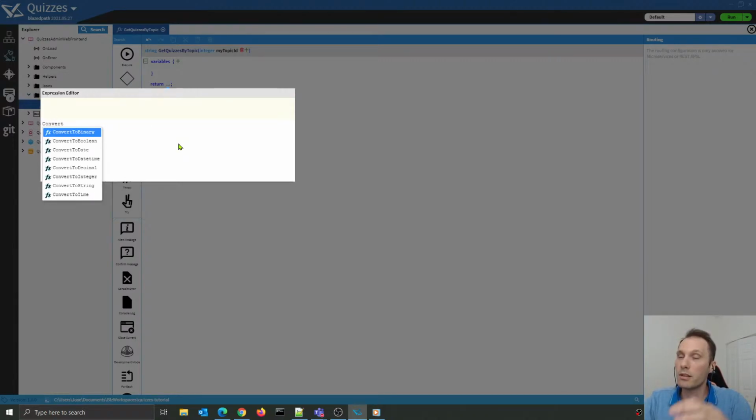convert, because this is going to be a number. I'm going to first convert it to string. So convert to string, and as you can see, I started typing convert, and the expression editor already gives me all the functions with that naming. So convert to string, open